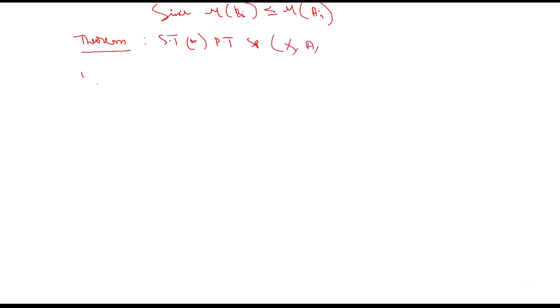What is this? A measurable space... a measure space. If Ai belongs to script A, for i equal to 1, 2, 3 and so on, with mu of A1 less than infinity, mu of Ai less than infinity,